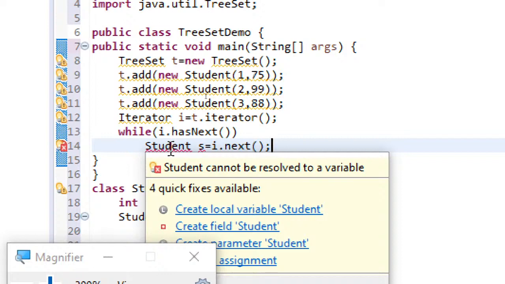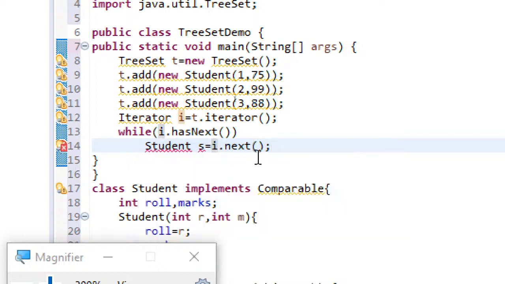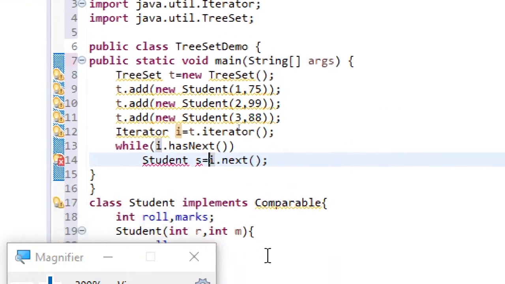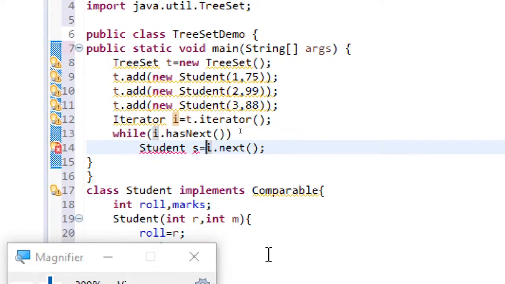Why am I not able to create for student? Both are in the same package, so default should work fine. What if I do cast?